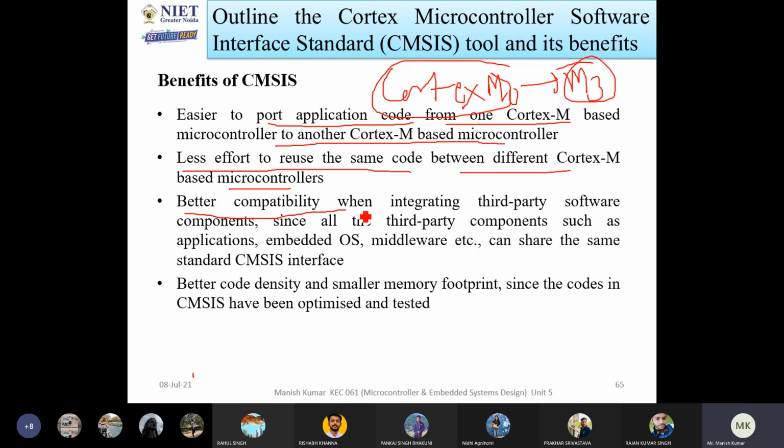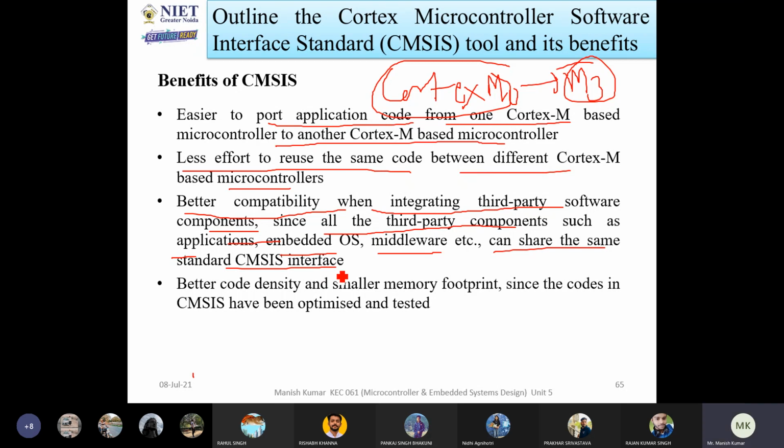Now the next is better compatibility when integrating third-party software components. If you want to use any third-party software components, they are compatible. You can easily integrate them. There's no issue in that. Also, all the third-party components such as applications, embedded OS, and middleware can share the same standard interface.